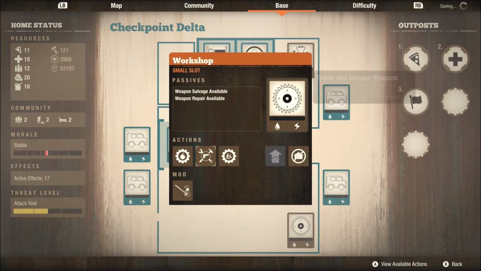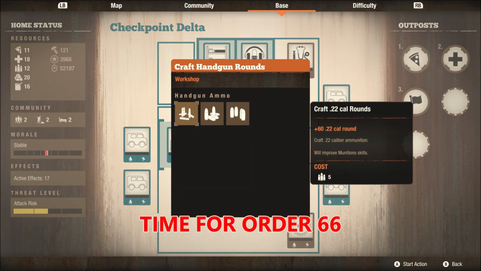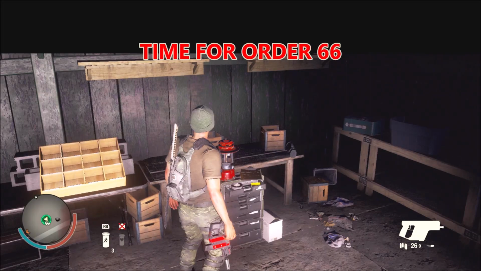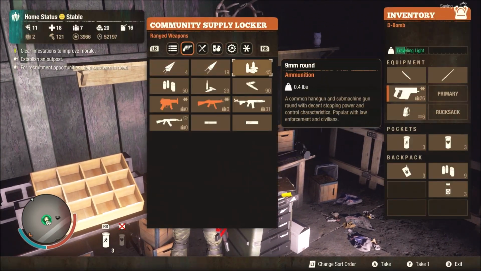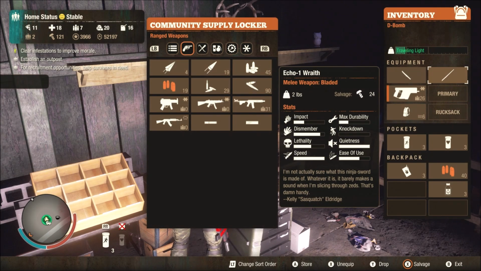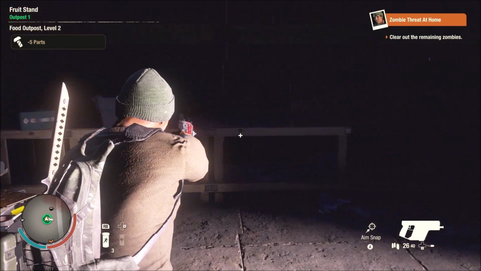So we do have a press going. We do have 12 bullets, so I'm going to craft some extra 45s because I think we need some. And we're going to go ahead and put an extra stack in there because you just don't know. Make sure all your stuff is always repaired. And now when we go after this,